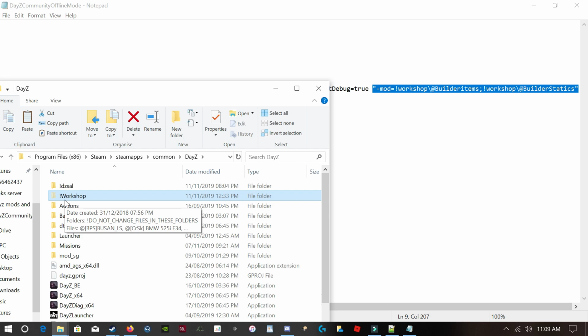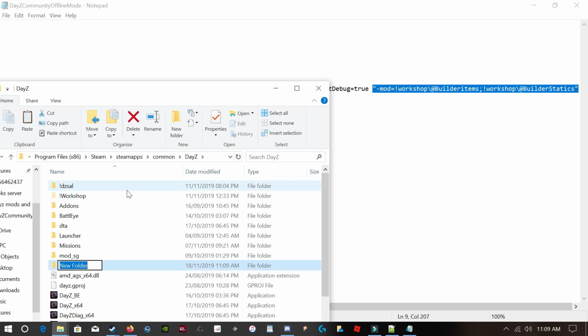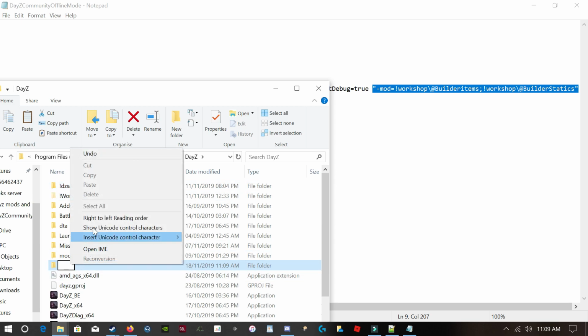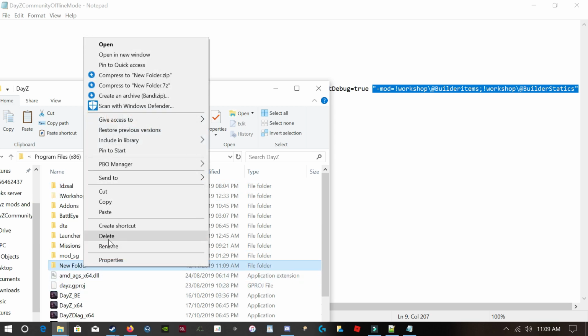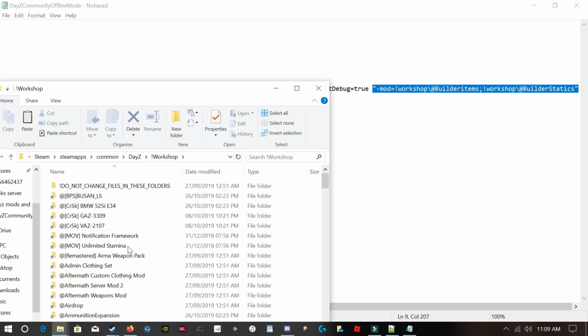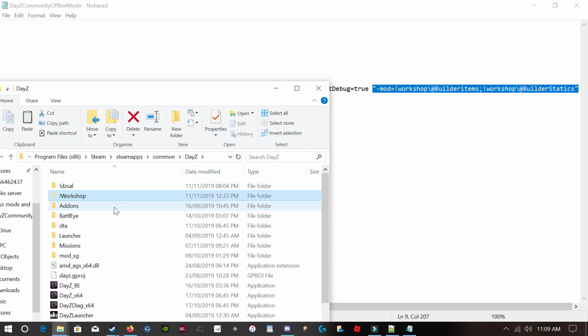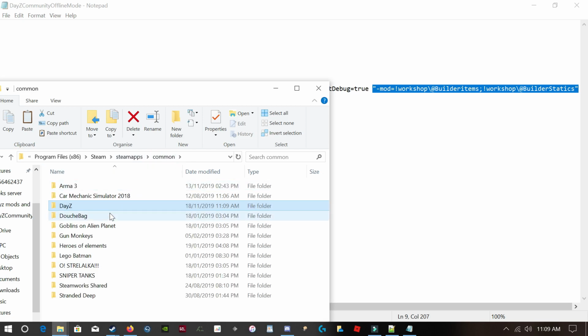Okay. If it doesn't, I think you can just right click in here, new folder, and you would just type that in, but probably with a capital W. Okay, you would just type that in, and then you could just make sure. Let's just delete that. So if it wasn't there, just type it in, and what you need to do is you then need to make sure the mods go into here. So the mods will also download to